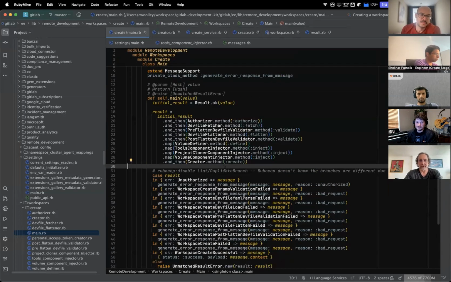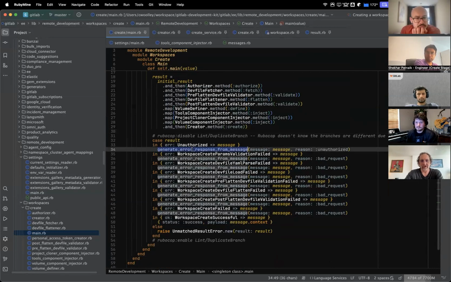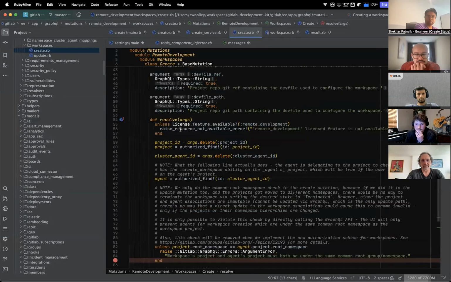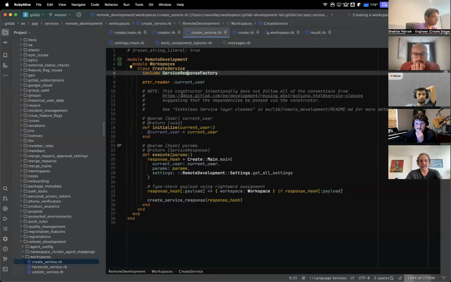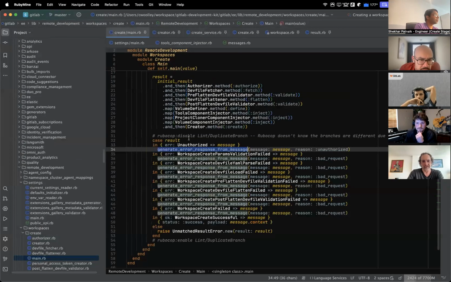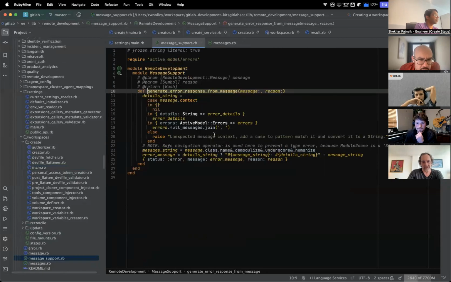Yeah, the layer here, that's the way we've abstracted this layer from the standard service layer. So we have this there. Yeah, the create service. So there's a standard service response object, which the GraphQL API layer and the Grape REST API layer know how to handle and turn into useful error messages. So the abstraction layer we have is the whole point of this generate error message, which